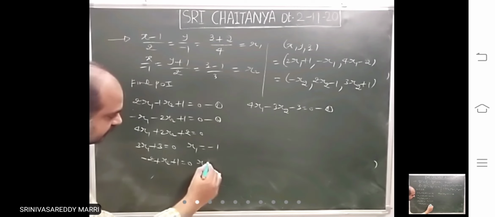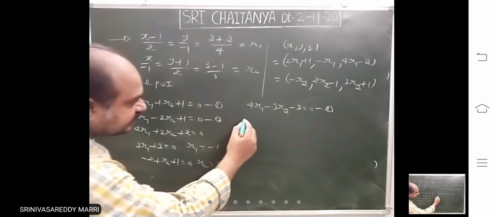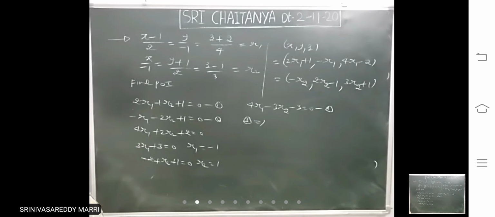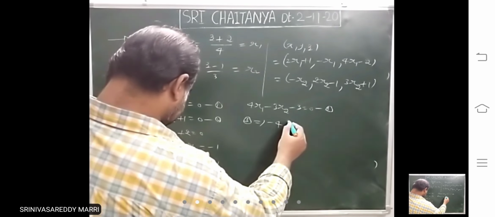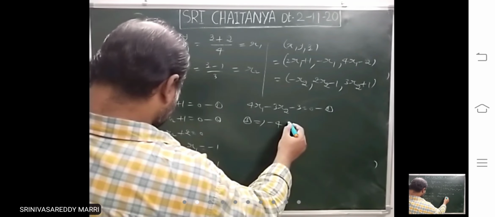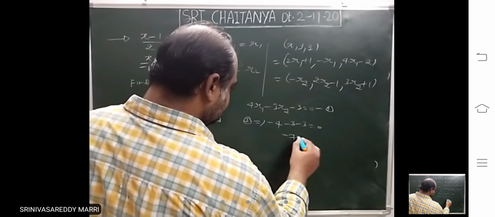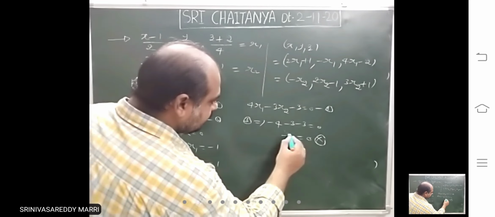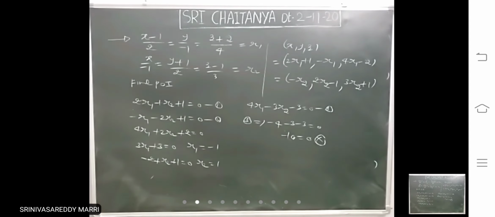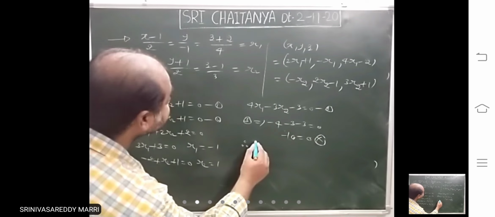So, R2 is what? R2 is 1. Now you substitute in the third. Third implies R1 is minus 1. You substitute minus 4. R2 is 1. So that means minus 3, minus 3. You got minus 7 minus 10 equal to 0. That means they are not satisfying. Therefore, lines will not intersect.